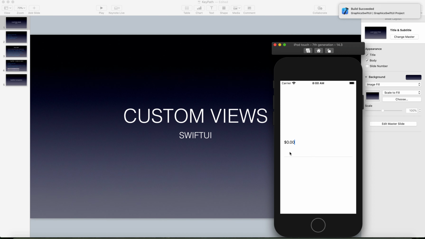So this is the custom view. This is the reusable view, and it can be used anywhere in the application wherever this functionality is required. So this custom view functionality is,